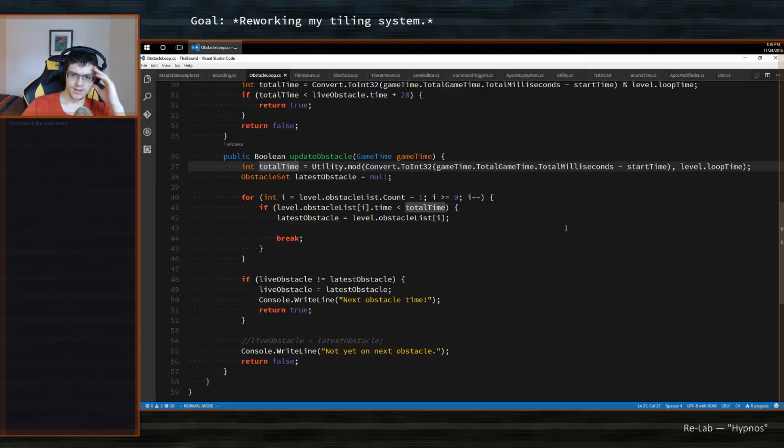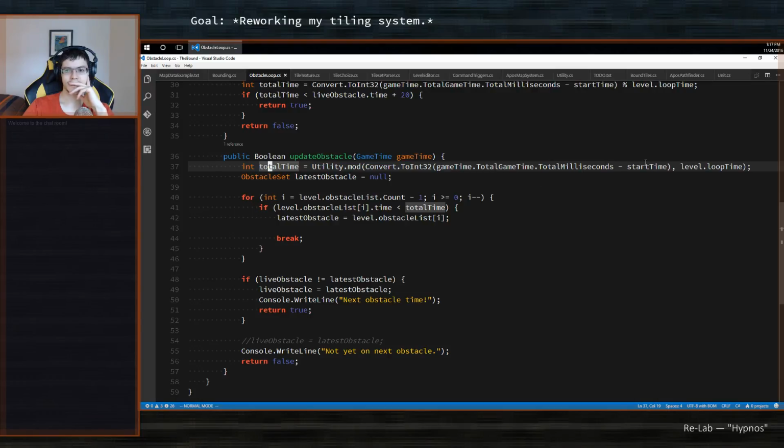This total time, I use a mod. So I do the start time, which is smaller than this, which is bigger. Okay, so the bigger minus the smaller one gives me the amount of running time. But then I mod it with the loop time. Interesting.